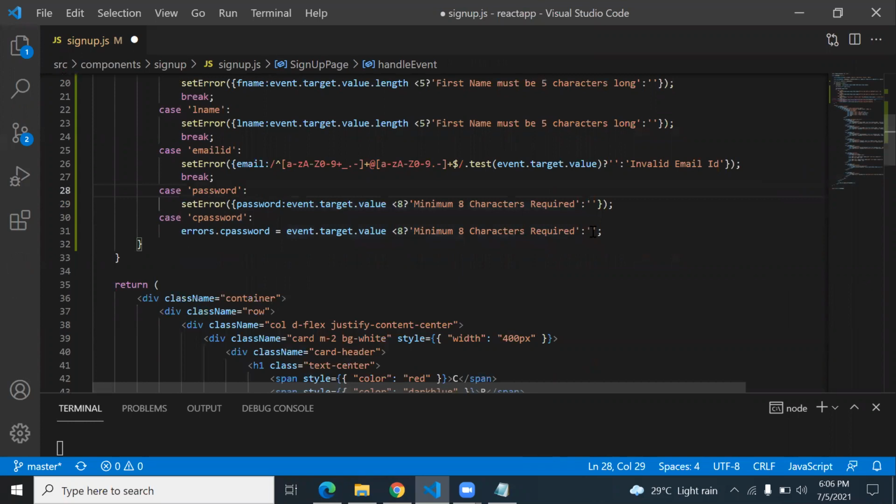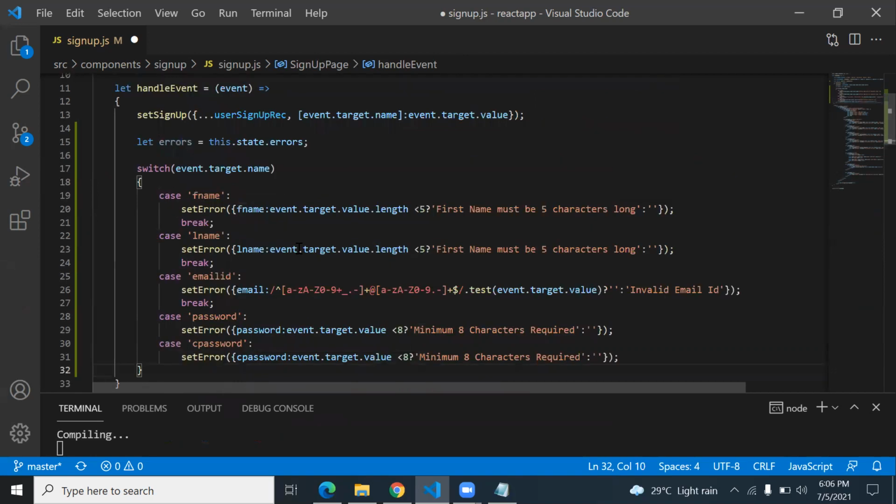So when to set the error is by condition, using a condition for confirm password. Okay, done. So this is my validation rule, but still the code is not completed.